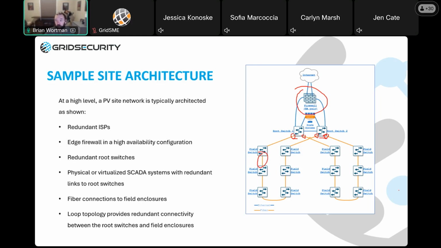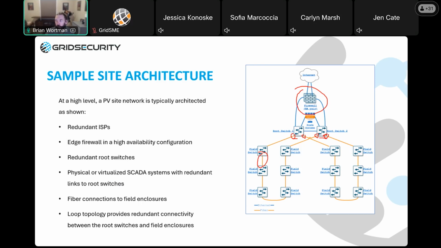So this design is often chosen to fit the existing physical paths when they are constructing the site, and also for the good redundancy it allows. You'll see that really you can lose one of just about anything in this architecture and have an active backup available for it.